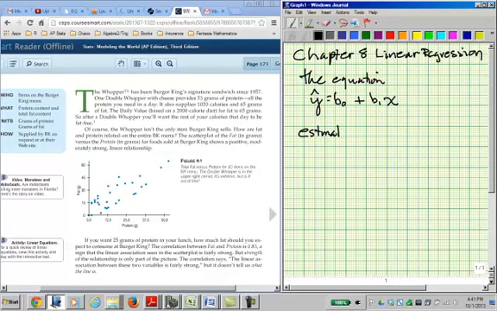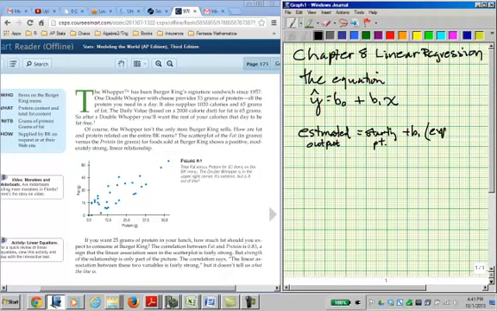Now, it's really important that you understand b sub 0 equals the starting point, whatever that is. That's what y hat equals when x is 0, plus b sub 1 times